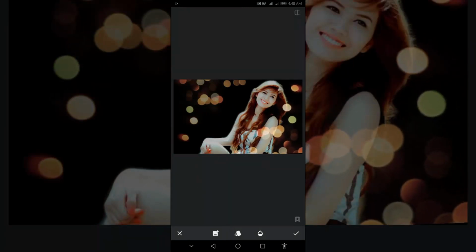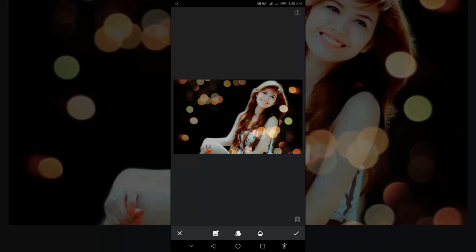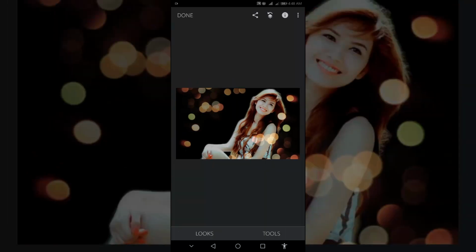From the View Edits menu, you can check your edits step by step which you have done till now.